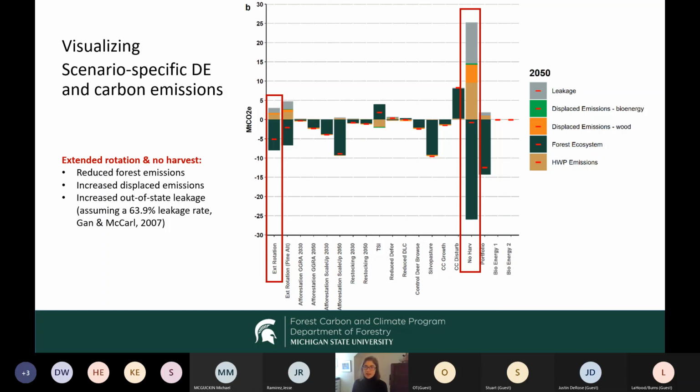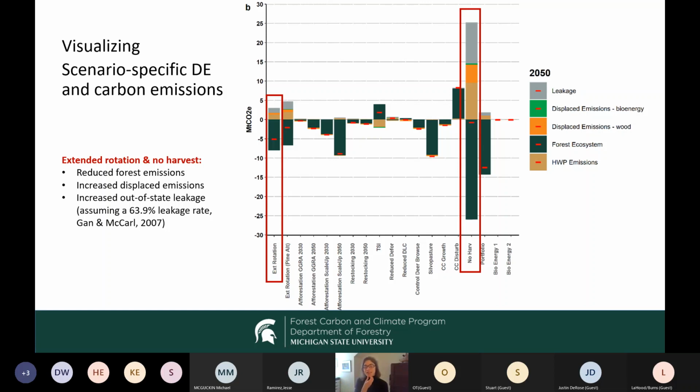So forests, anything below zero is a reduction in emissions. Anything above is going to show an increase in emissions. So we have forest ecosystem is resulting in fewer emissions from that pool, right? Because we are not harvesting. Here, we're not harvesting at all. We're really not losing any emissions from that pool. Here, we're harvesting less, and so having fewer emissions from that pool. But we do see increased displaced emissions because we assume that